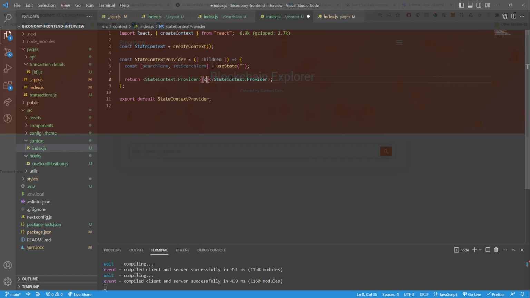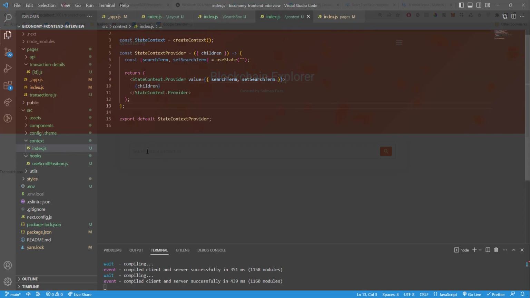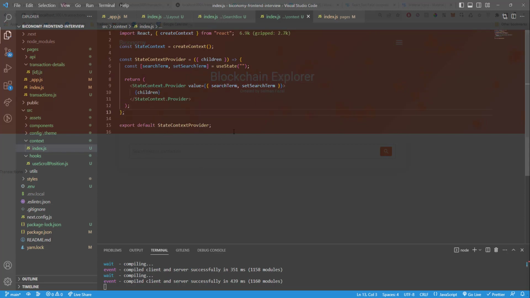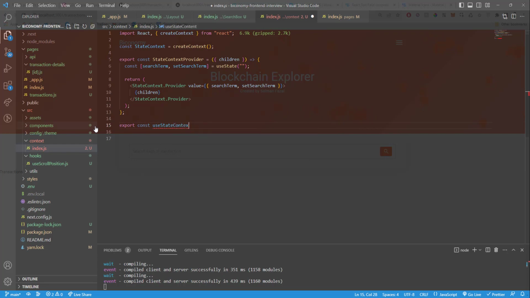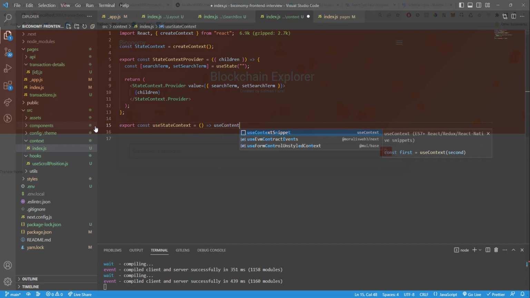What do you want to wrap in there? The children. And also we want to pass something to every component. We want to pass a value, and every component should be able to receive these values. So for now, it will be able to get the search term or set the search term as well. And this will be the search term right there. I think this should be almost it. Actually, we don't want to export this as default. Let's say export const useStateContext, just so we don't have to do this in every component, is equal to a function and useContext,